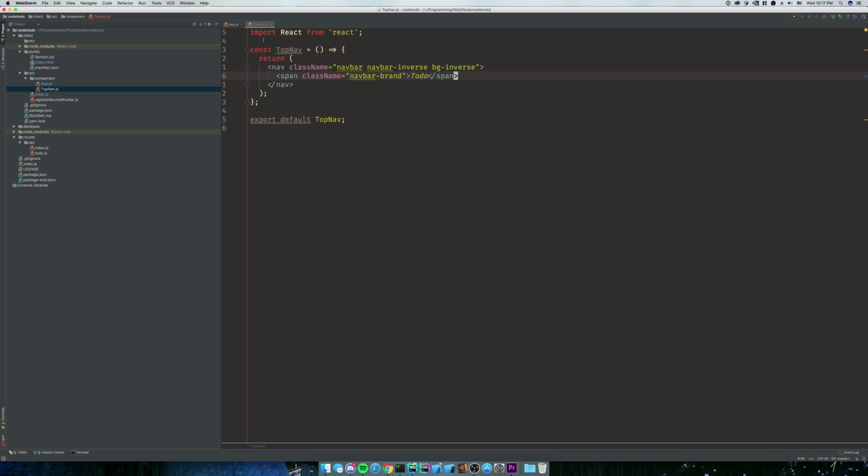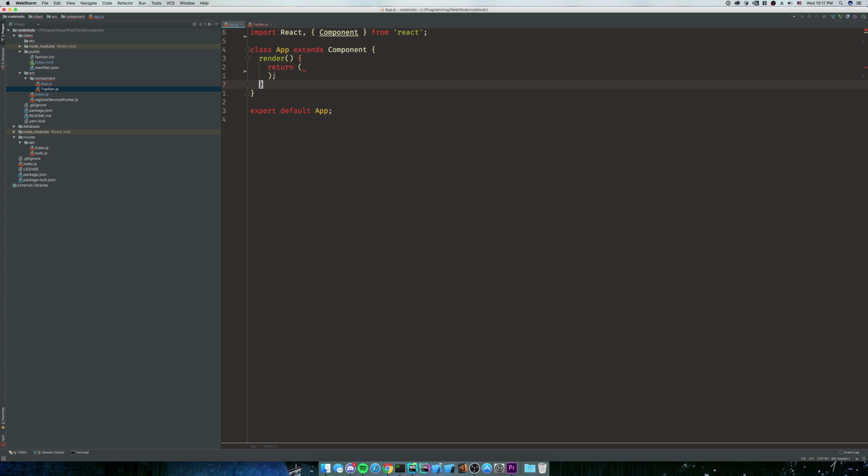So now that we've got our top nav, we're going to want to render that top nav onto the screen, right? So we're going to go back to our app.js, and right now we're just going to return top nav. Now, as you can see, I have a squiggly line under here. It's saying I'm missing an import statement. It doesn't know what top nav is unless I import it. So we're going to go up and do import top nav from